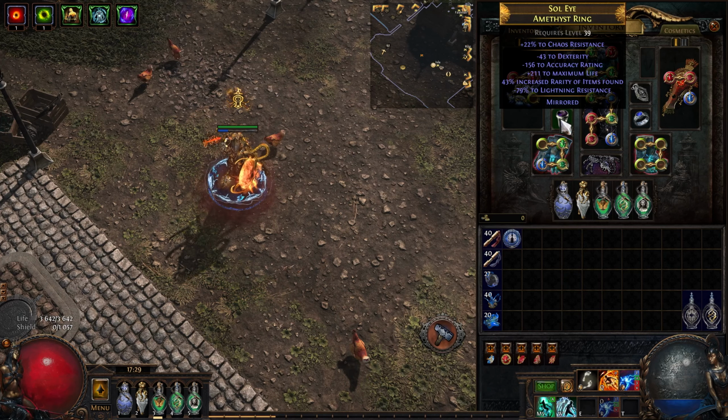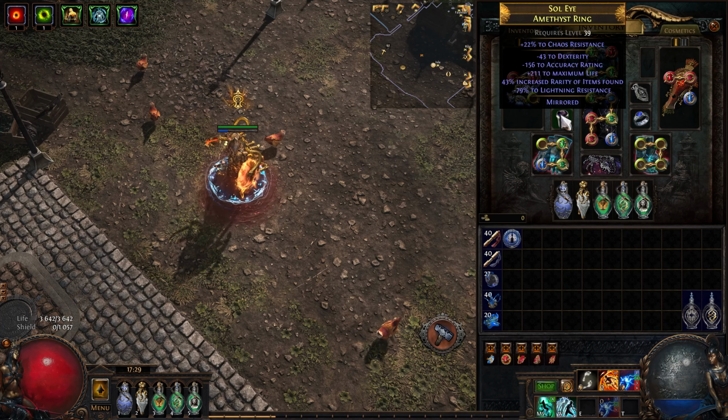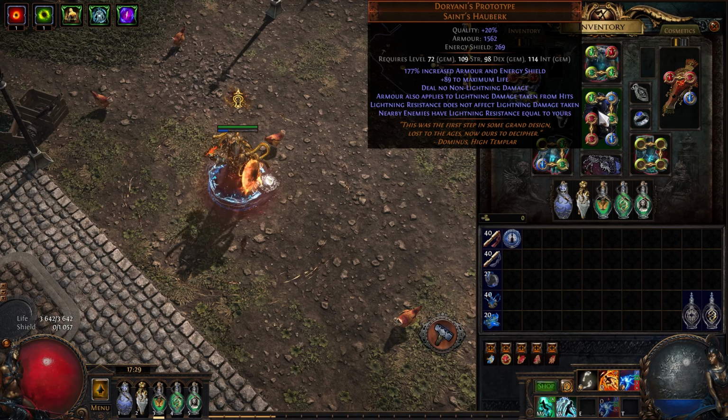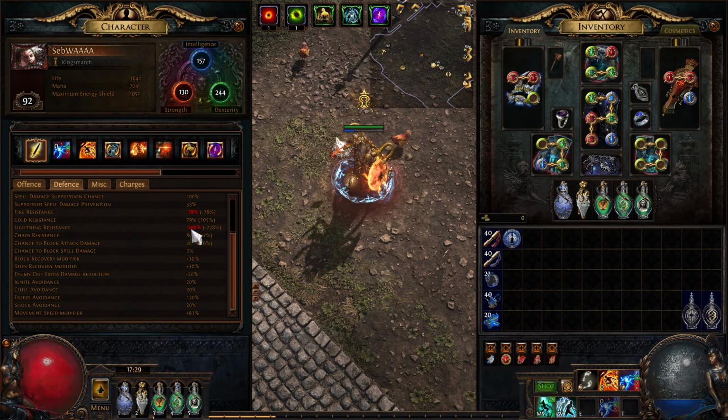So the way people did it back then, and the way I want to do it now, because I never got to try back then because I didn't play Lake of Kalandra, is you use it to get a bunch of negative lightning res, and then you use that. So you can see I have minus 79 to lightning res here and minus 71 to lightning res here, and you use that in combination with the Doryani's prototype chest piece, which sets nearby enemies' lightning res to equal to yours. So you stack negative lightning res until you hit the cap of minus 200%,